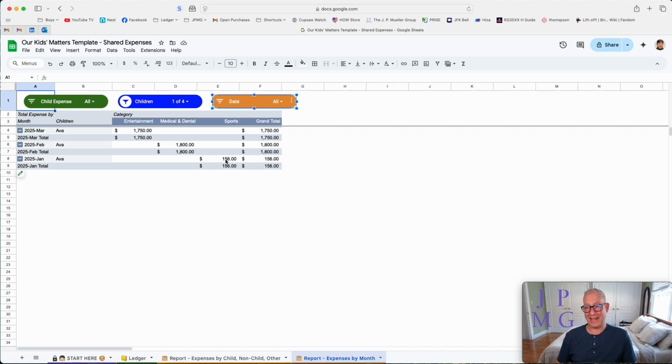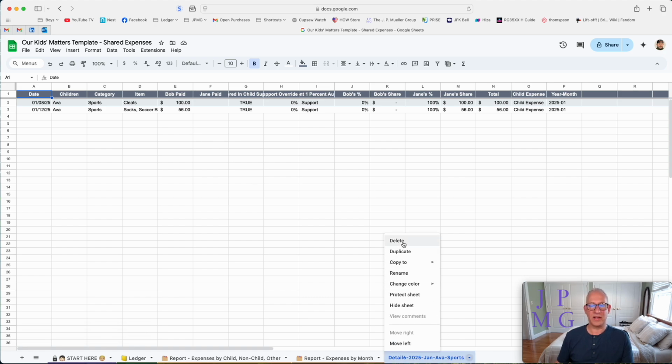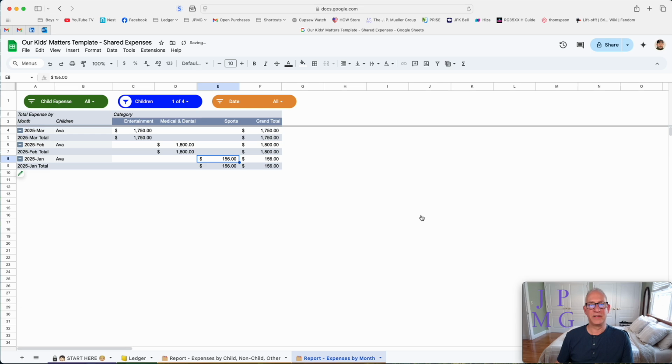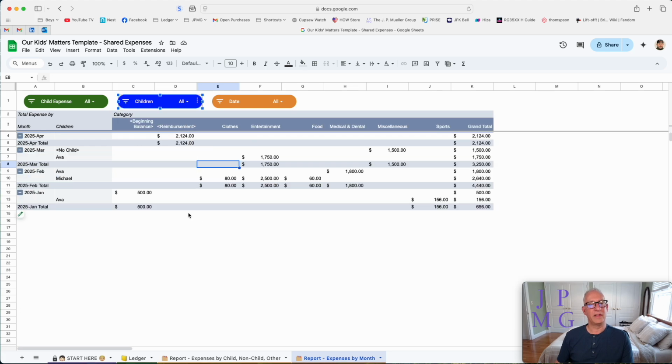I could either go back to that whole ledger. That ledger may be very long over time and try to figure out what that is. Or I could just remind myself by double clicking on that 156, and it'll then drill down to the detailed transactions that added up to that monthly number. So that's how you would do that. I can then delete that new tab that it created so I could always get back at it. And if I want to remove that filter, I could go select all again,